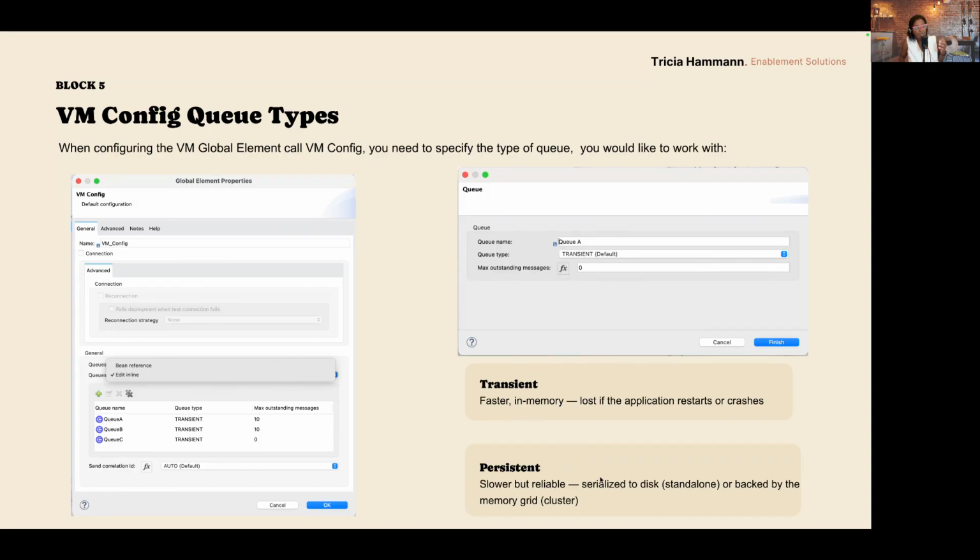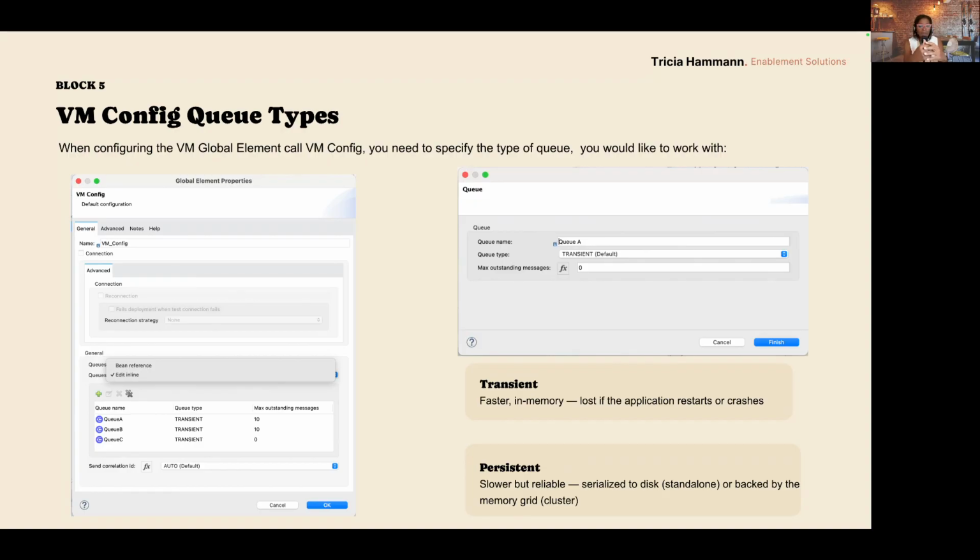Why? Because it saves the information to a disk, or it is backed by the memory grid when we are working with a cluster. When we speak about a cluster, the Mule runtimes and nodes can work together for high availability. And yes, you don't want data to live in just one node's memory, because if that specific node crashes, the data will disappear.